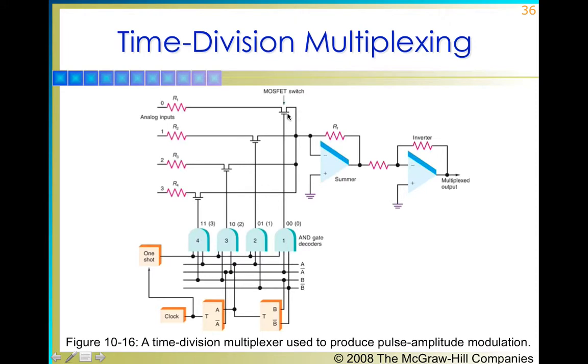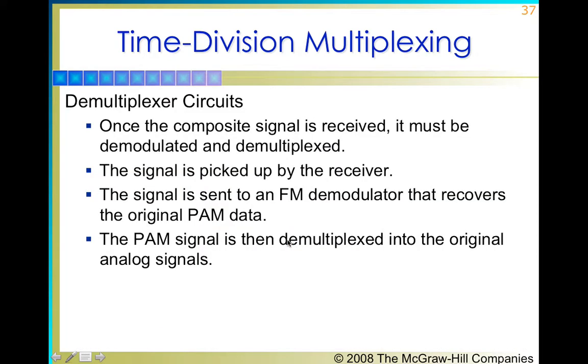only one transmitter will be on at a time and the other 3 will be off, and the input then appears over here in the output. When this is on, the input appears over here as the output, and when this is on or this is on, their input will be represented over here in the output, where they are summated with each other to form a composite signal, which is then further amplified before being sent to the antenna for transmission. So this is a basic diagram explaining the TDM multiplexer.